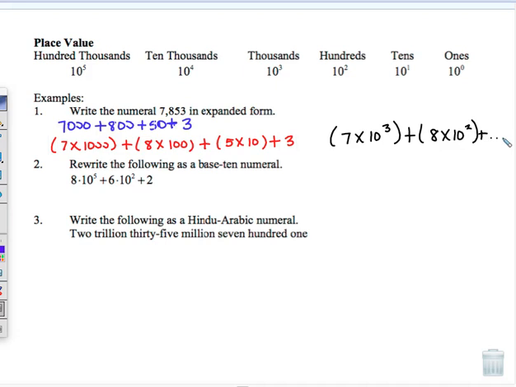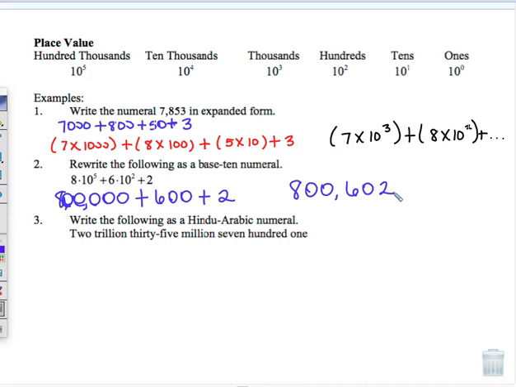Going on to the next problem, I want to give you the expanded form, and I want you to go back and write it as the base 10 numeral. So when I look at this, 8 times 10 to the fifth, that is 8 with 5 zeros. So 8, 1, 2, 3, 4, 5. That lets me know that that is the number 800,000. Plus 6 times 10 to the second is 6 with 2 zeros, plus the 2. So I know now, and I can write it as the numeral, what I have here is